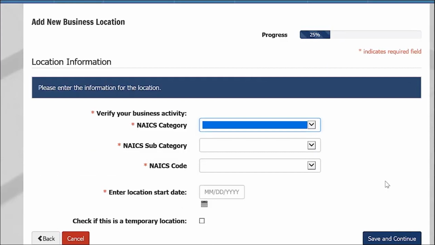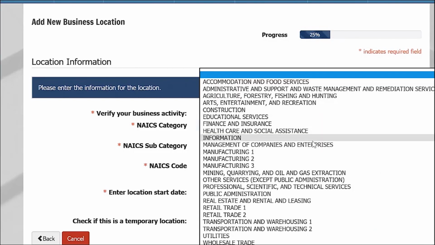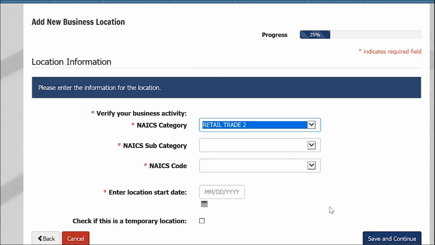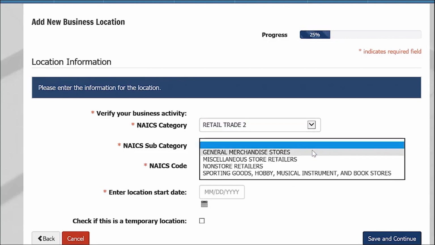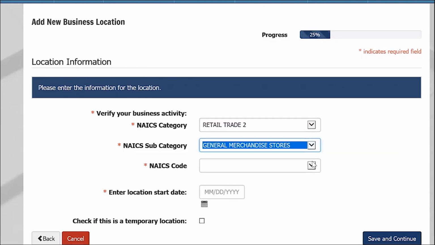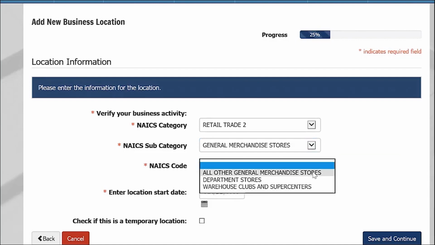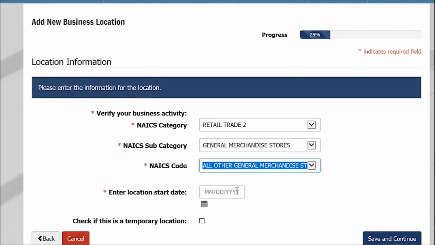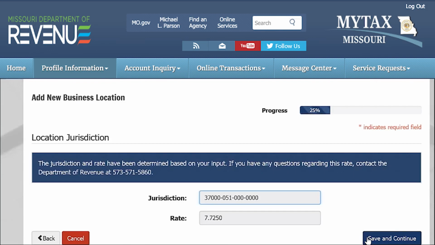Here, you will be asked about your NAICS information. In the first drop-down box, select your NAICS category. In the second drop-down box, select the NAICS subcategory. In the last box, select your NAICS code. Next, enter your location start date. This should be the first date of the reporting period you'll be filing for this location. Select Save and Continue. Here, you will be shown the jurisdiction code and the current tax rate for your new